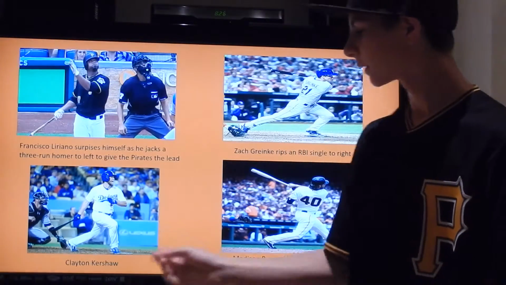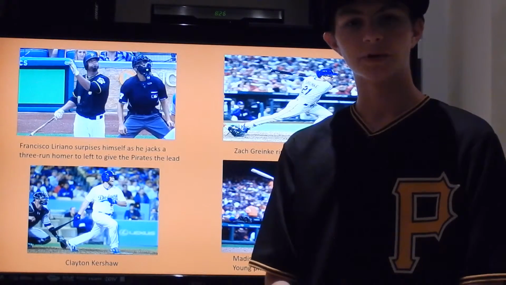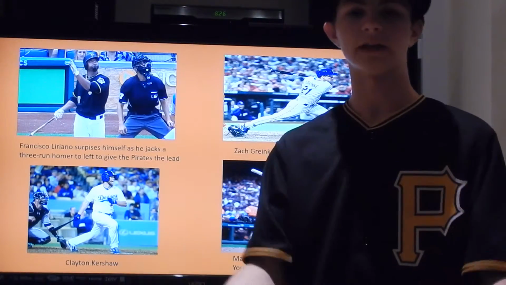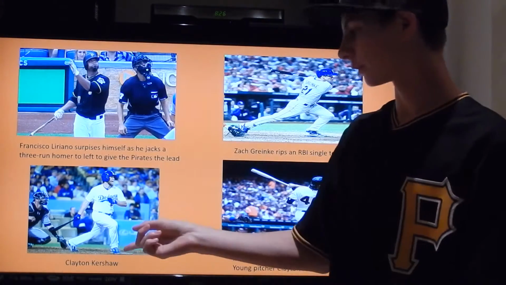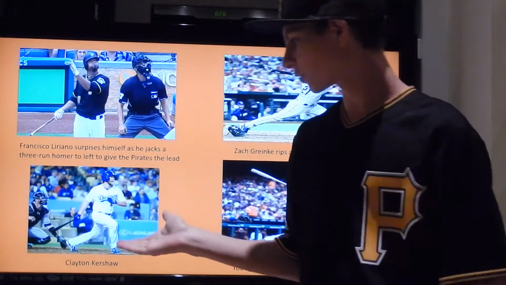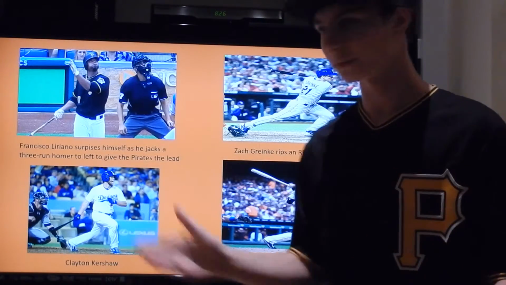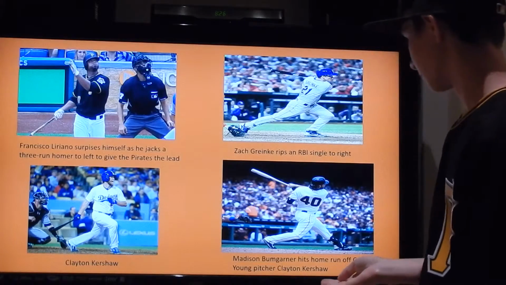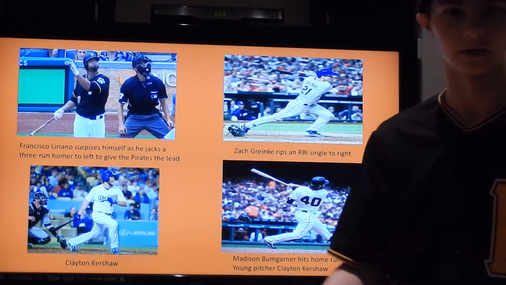He hit an RBI single in one of the games a few weeks ago, and he pitched a complete game shutout. So he won the game 1-0. He did everything in the game. He pitched and he hit. He got the only run of the game. And so that just shows you, sometimes the difference between a win and a loss is maybe a pitcher batting. Madison Bumgarner, who hit this home run that you see here off of Clayton Kershaw, Cy Young Award winner.